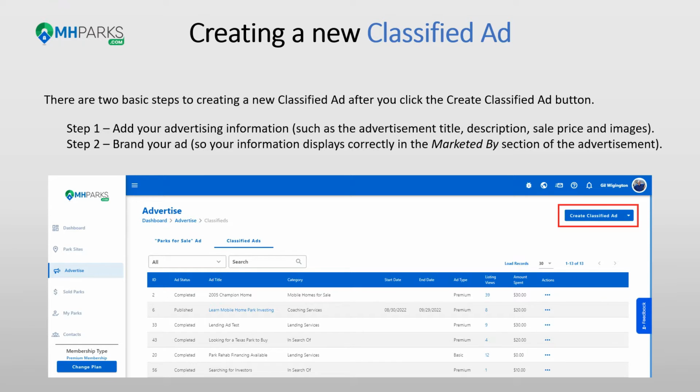So creating a classified ad is pretty simple and easy. There's two basic steps to creating a new classified ad. After you click the Create Classified Ad button, you'll want to make sure that you're on the Classified Ads tab in our advertising feature. Once you're on that tab, you go ahead and click the Create Classified Ad button, and the first step